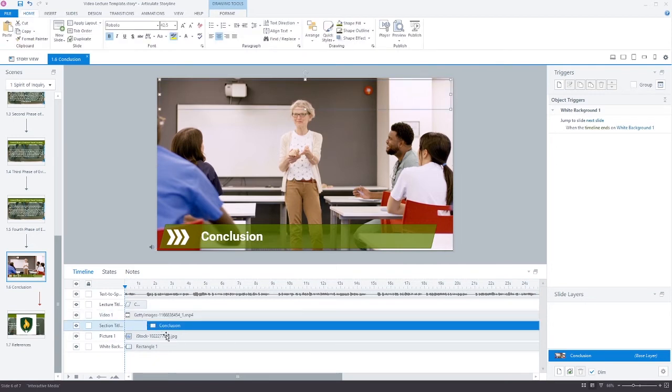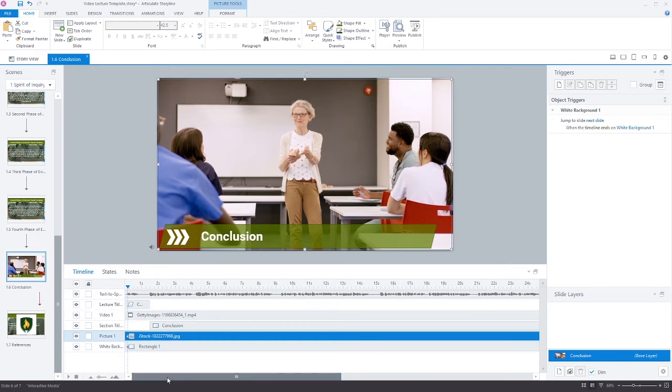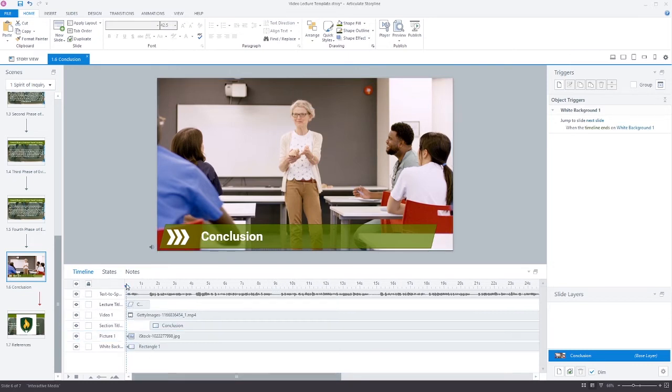I technically don't even need these things, but it's fine. You can leave it there. But now you should see it. It's all going to look like this, just be in slow